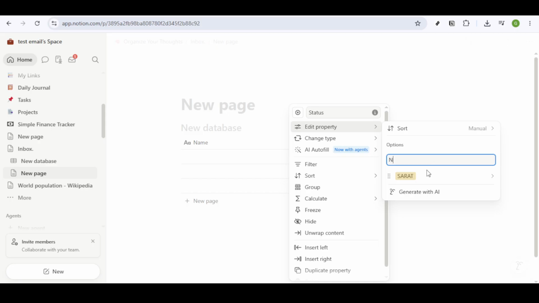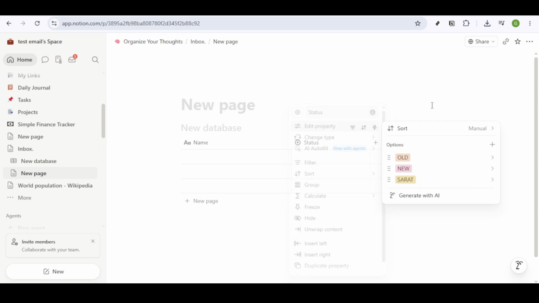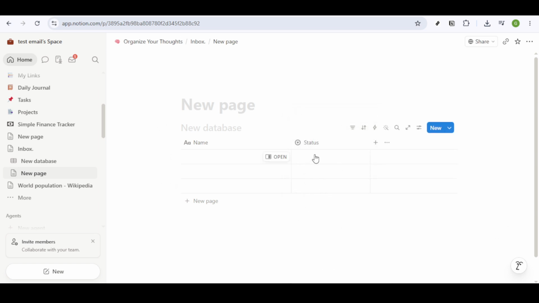Consider carefully which options will best suit the context of your database and whatever project you're managing. The great thing is you can always add more options later or adjust them as your needs evolve. So, there you have it. Using the select property in Notion is a powerful way to keep your databases efficient and organized, allowing for quick